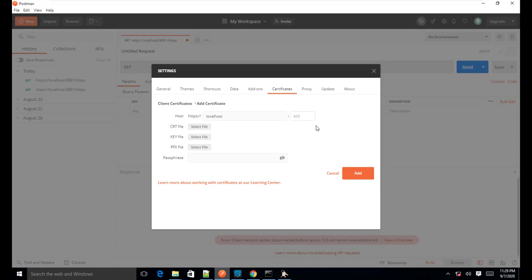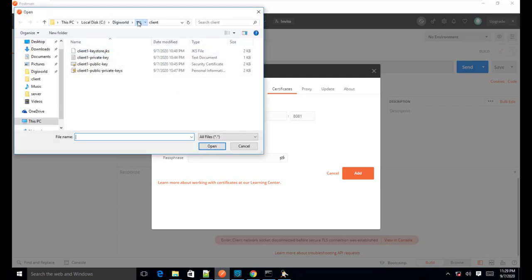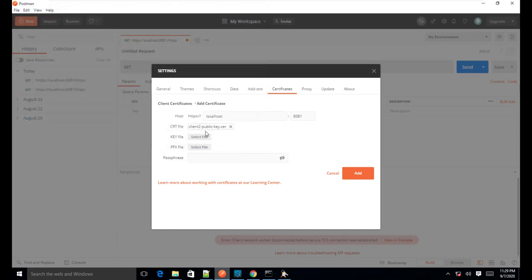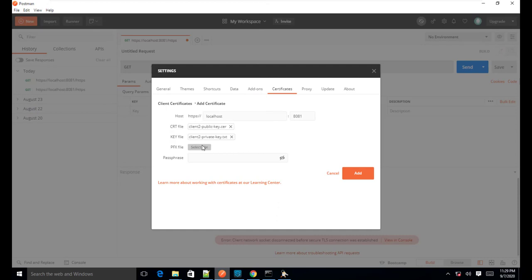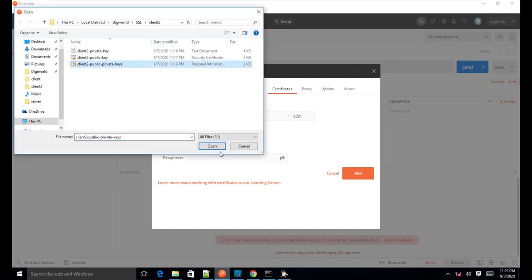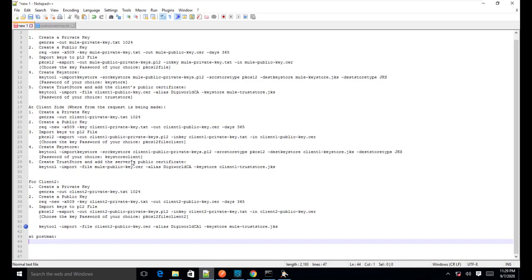So 8081, and this time we will add client 2, and this is the certificate, and this time this is the private key, this is the P12 file, right?